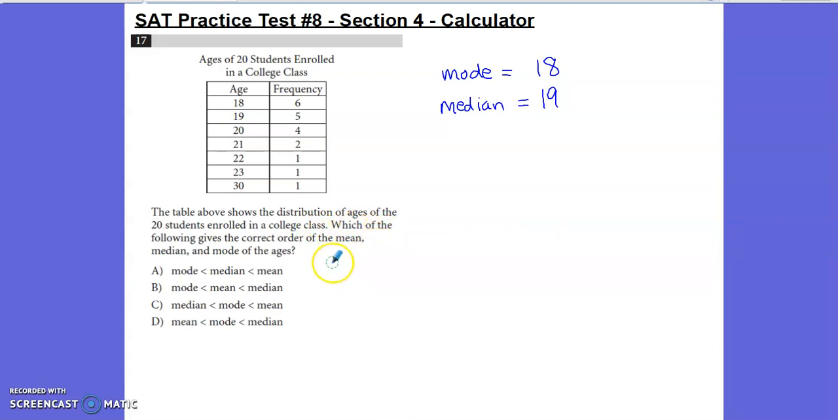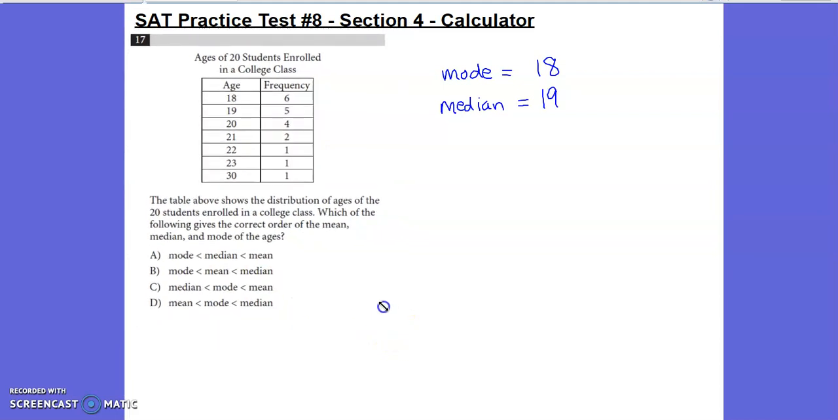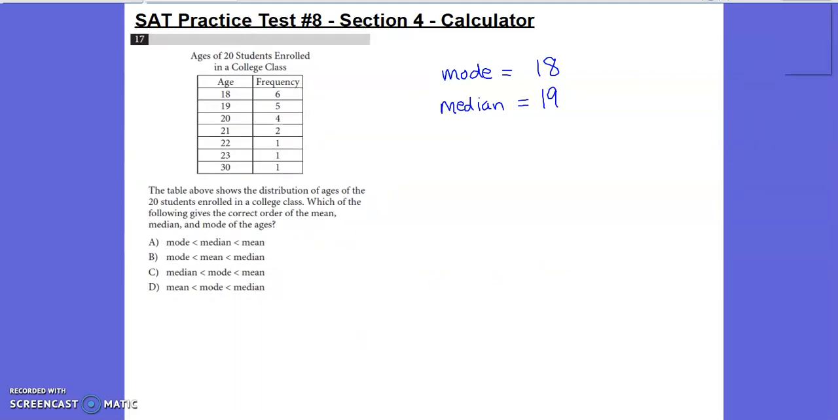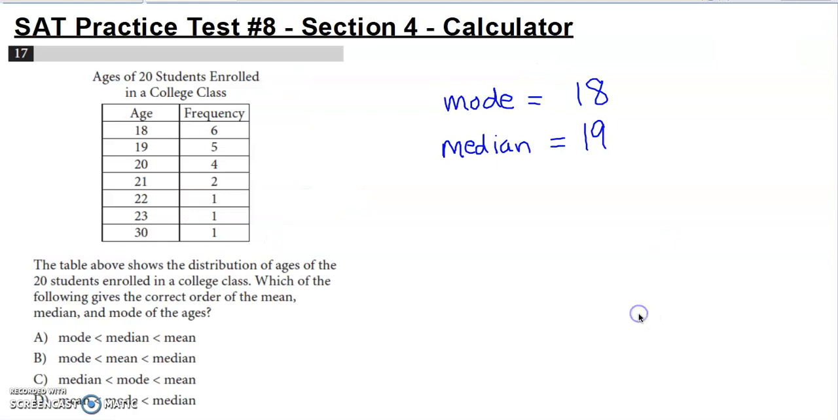Yeah, we already know that. Which of the following gives the correct order of mean, median, and mode? All right, so mean is the average. Add them all up, divide by how many you had. So add up all the total ages, divide by 20. Median is the value smack dab in the middle once they're placed in order, and mode is the value that